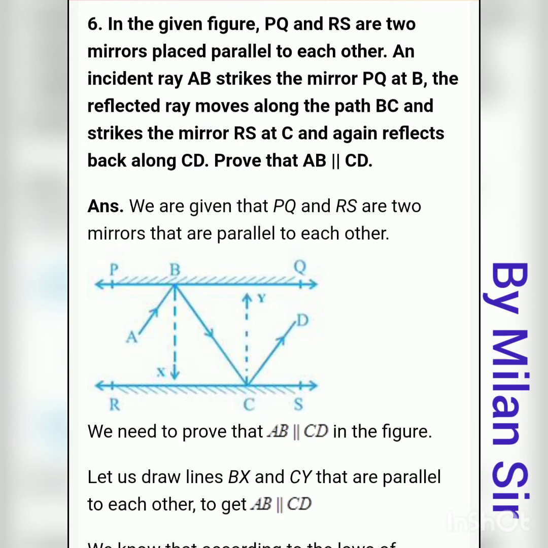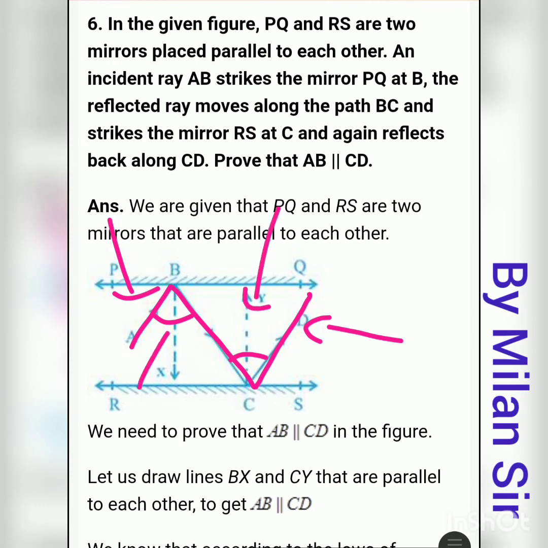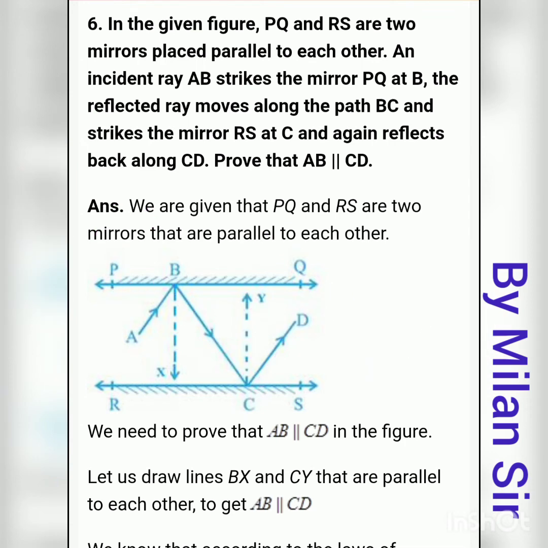So here we just try to make these two angles the same. If these two angles are the same, then definitely, since the Z shape is there, these two lines must be parallel. Because if these two lines are parallel, then only these two angles are the same, alternate interior angles. So here we are using the reverse way. If these two angles are the same, then these two lines are parallel lines.